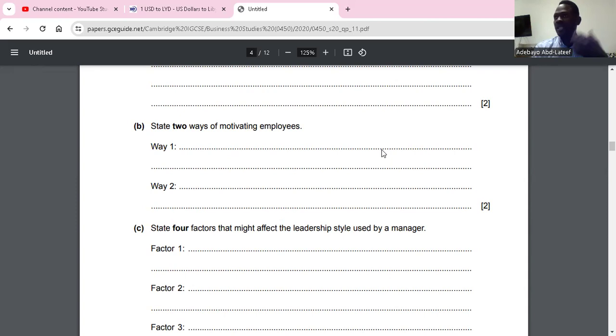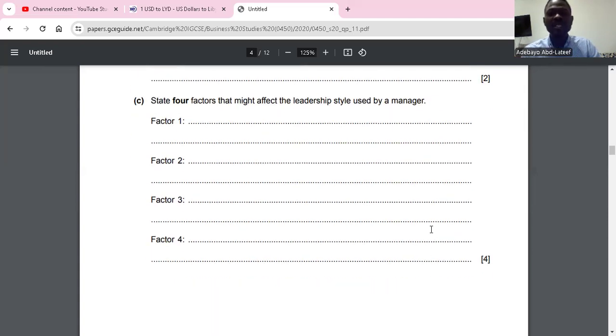Another way is through training. I will say training improves the skills of employees and makes them feel valued by employers. Though they said we should just mention ways, I'm trying to elaborate on them. So why will employees be motivated through training? Because it improves their skills and knowledge. And if this is done, it means the company is spending on them. Spending on them makes them feel valued by the employers, and they should be happy with that. I think the point is clear. So we'll go on.